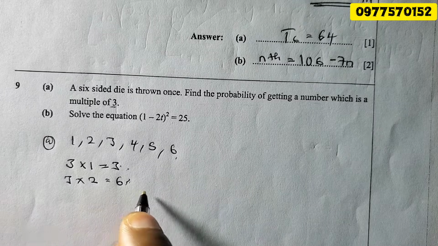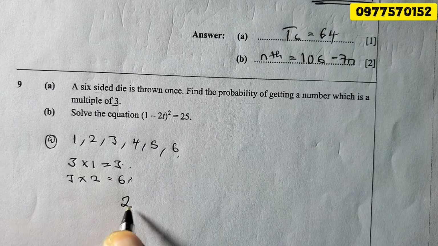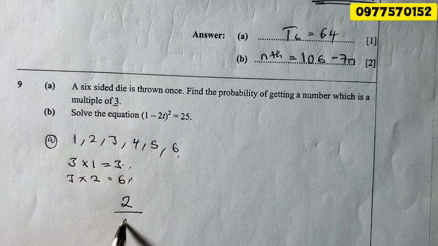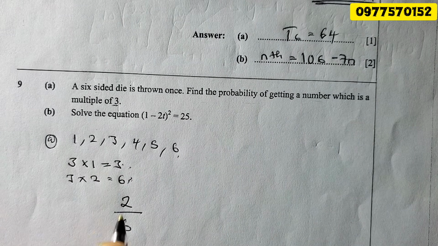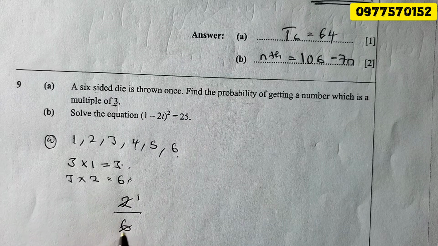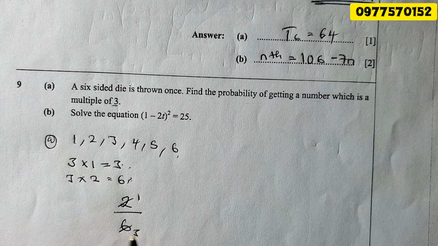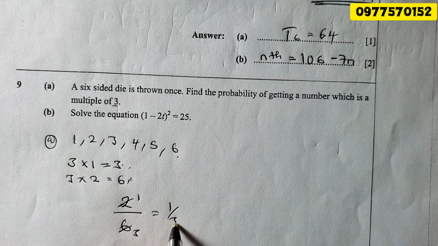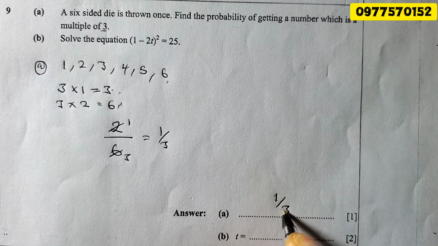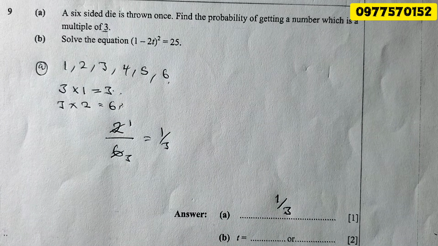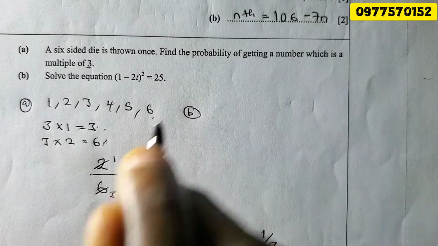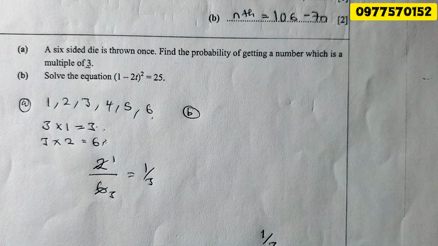So for the probability here, you can say you have 2 multiples of 3 out of how many? 1, 2, 3, 4, 5, 6, out of 6 possible outcomes. Then we can reduce this: 2 into 2 is 1, 2 into 6 is 3. So it's 1 over 3. Then write here, just a mark, 1 over 3. Simple. Okay? Then B here, we are asked to solve the equation